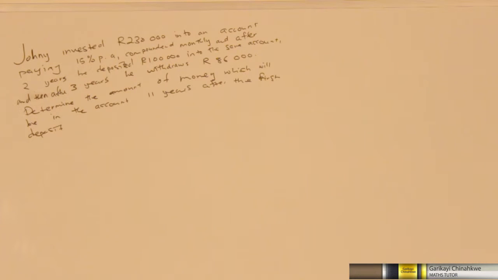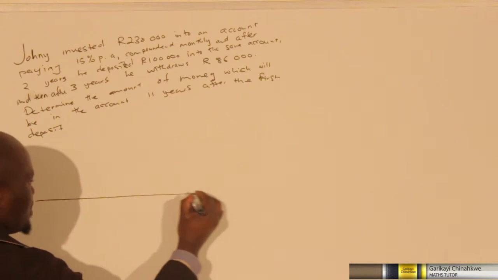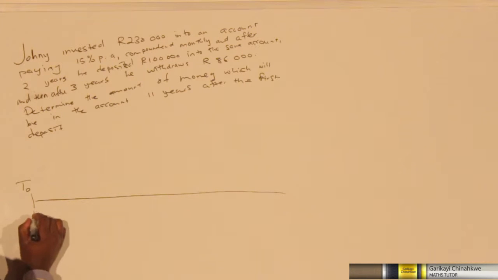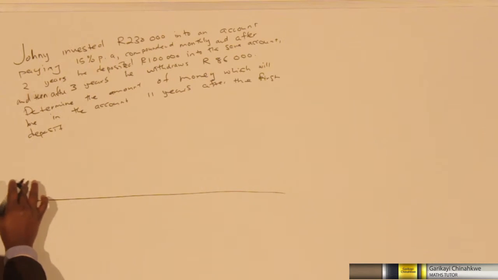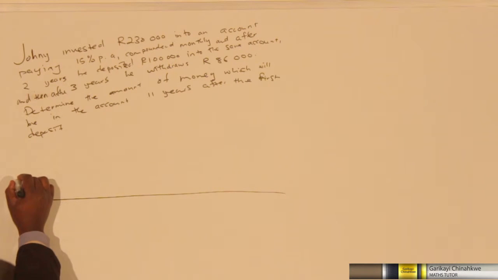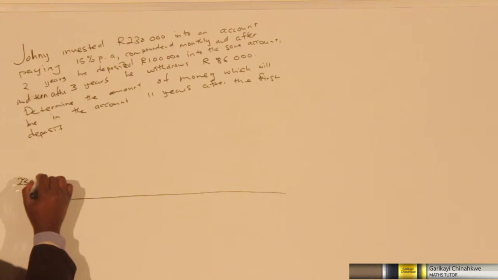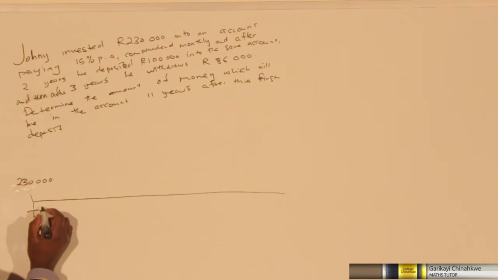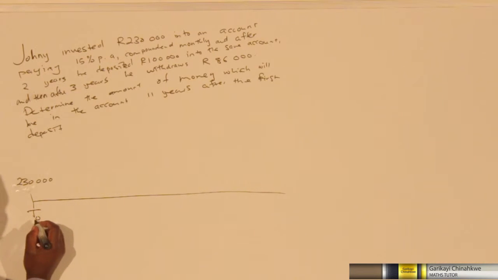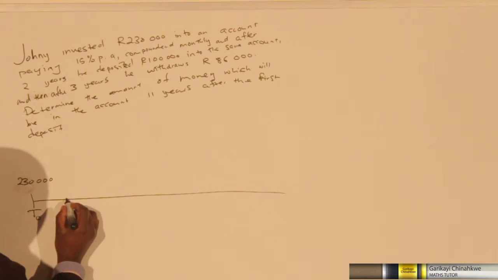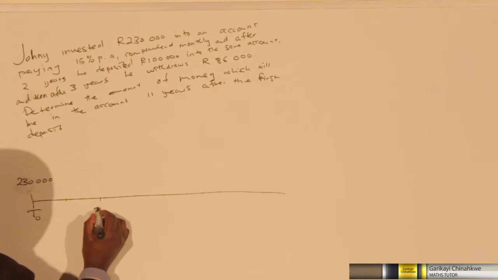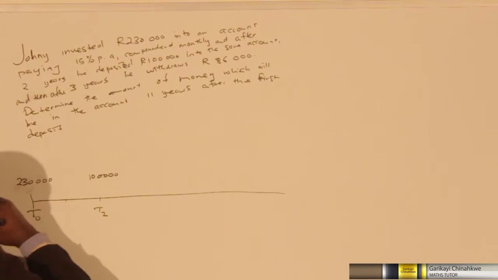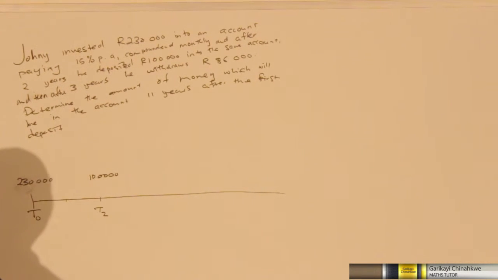All right, first of all, you need to draw a timeline. So this is the timeline. This is T0. That's when he made his first initial deposit, which is 230,000. Then they say after 2 years he deposited another one. So this is 1 year, this is 2 years. So this is T2. He deposited 100,000 into the same account. And then after 3 years,